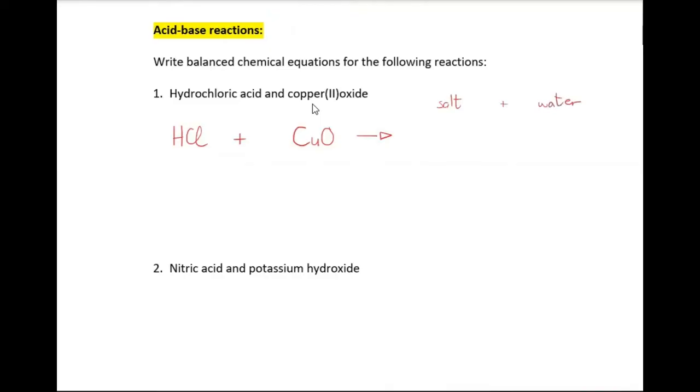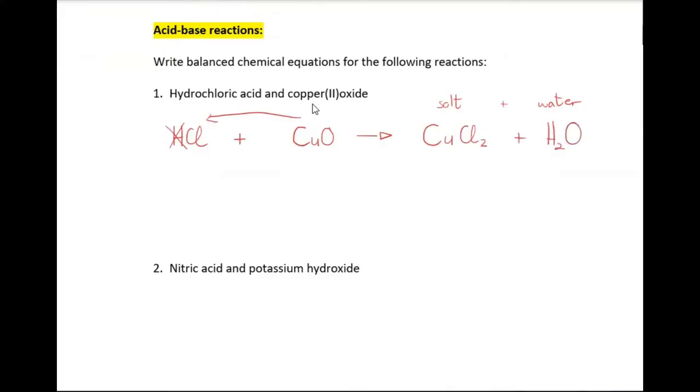How do I form a salt? I remove the hydrogen from my acid and I replace it with a cation from my other substance, from your metal oxide. So now you're going to have Cu, and now be very careful, which is 2+, and Cl, 1-. So you can't just go CuCl, 2+, 1-, so you need 2 chloride ions. So just be very careful when you do that. So it is CuCl2 and